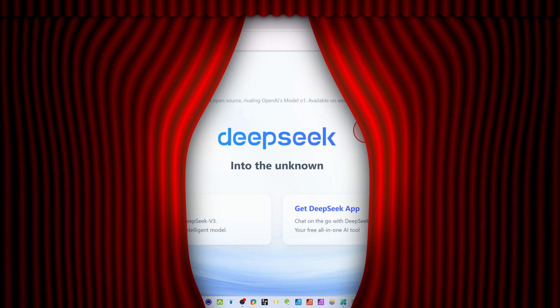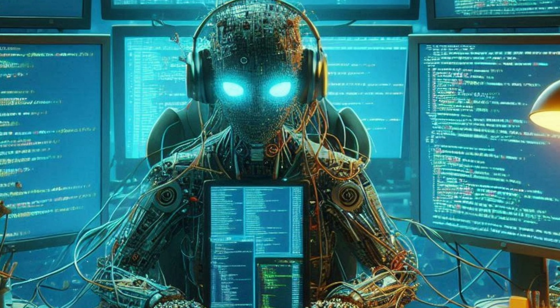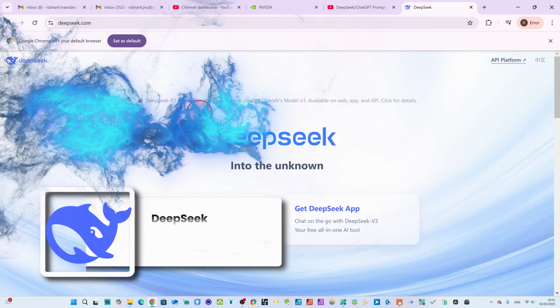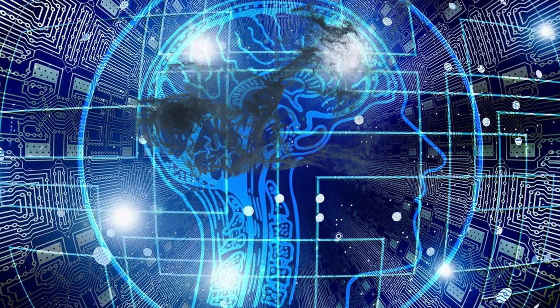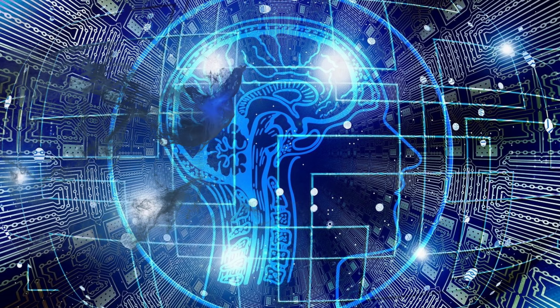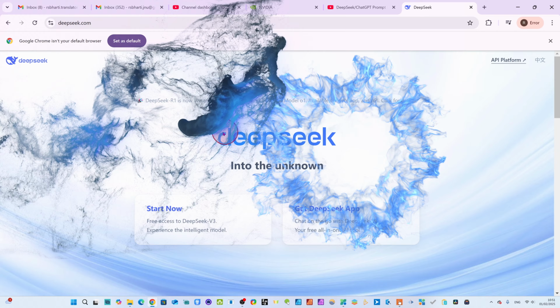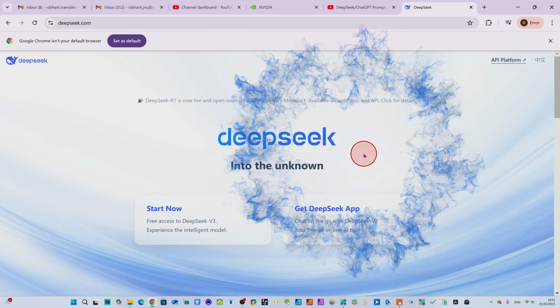Hello dear friend, in today's tutorial we will learn how to use DeepSeek AI on our mobile, how to download this DeepSeek AI model, which is the best open source free model, an alternative to OpenAI ChatGPT. You can do a lot of things on mobile, so it's very convenient to use, dear friends. Anyone can use and download it without wasting time.